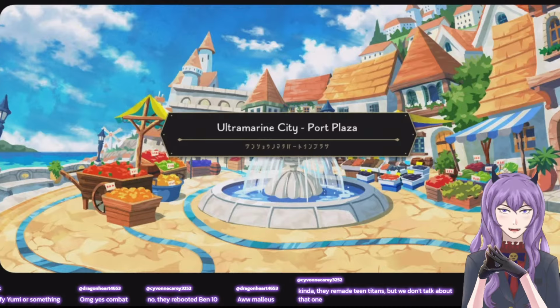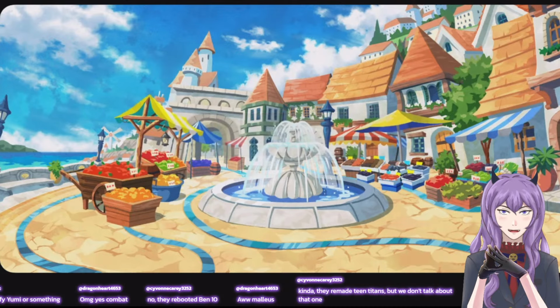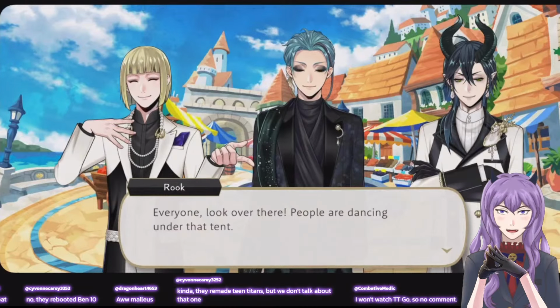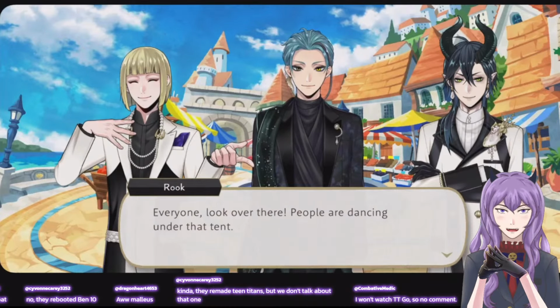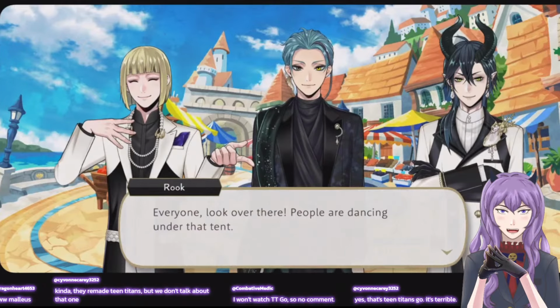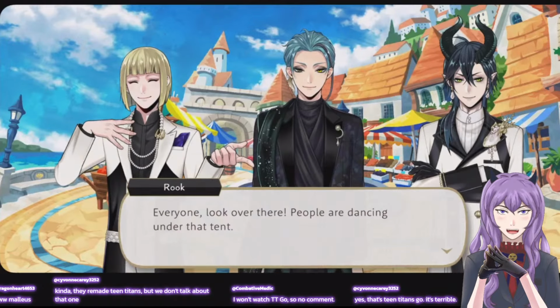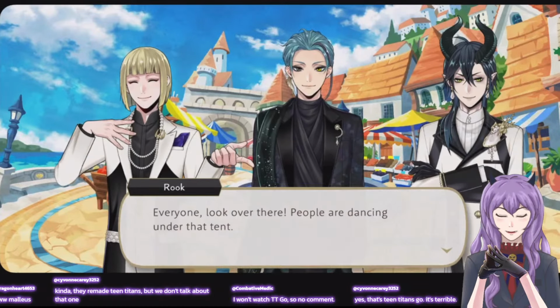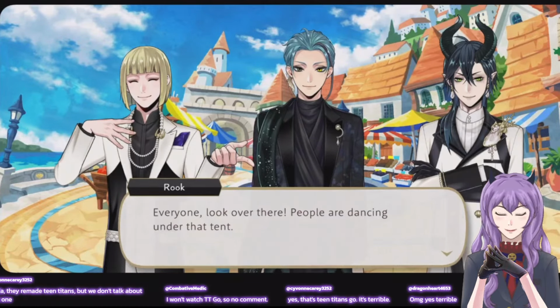I forget which one I saw. It was kind of funny in some places, not gonna lie. I won't watch Teen Titans Go, so no comment. Okay, so yeah, it is Teen Titans Go. It's terrible. That's the one with the little chibis, right? Because original Teen Titans was really good.